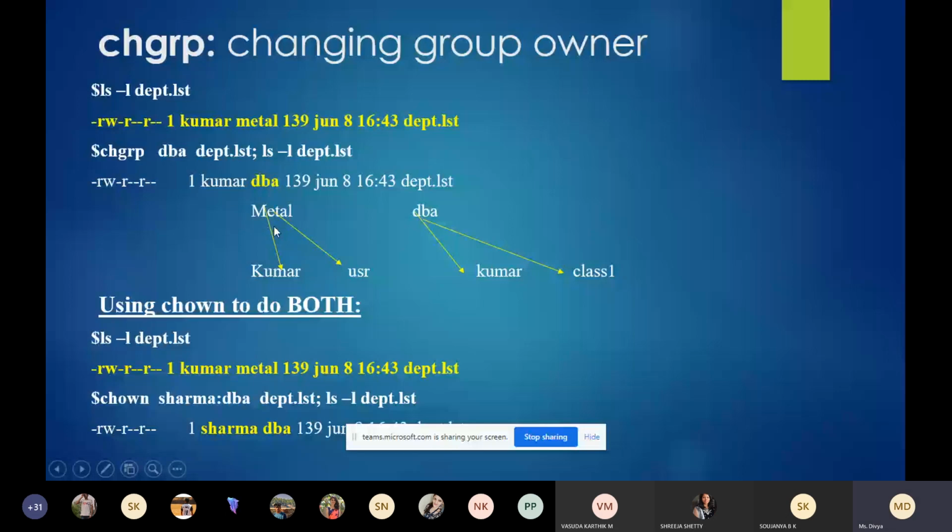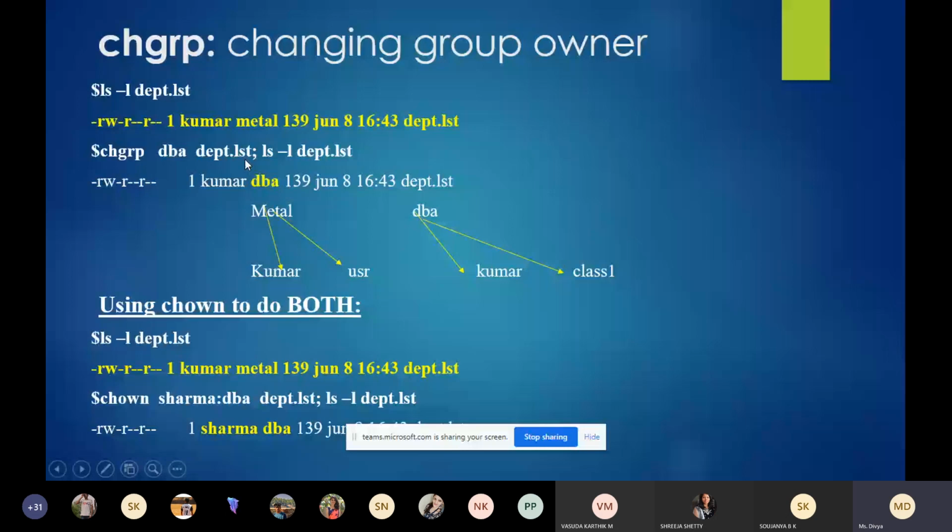So ls -l. This is a file name, and this is the initial attribute of the file department. Now what we do is we execute this chgrp command, and we write the new group name. So now the new group name is DBA, and after that write the name of the file and execute the ls command.